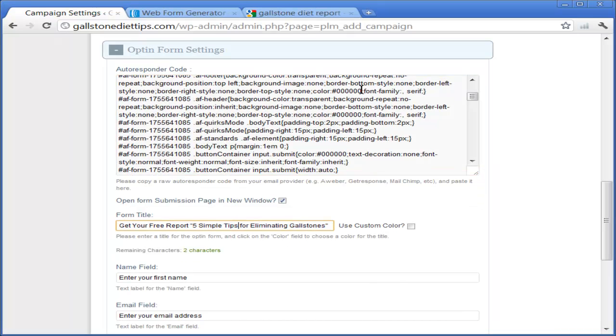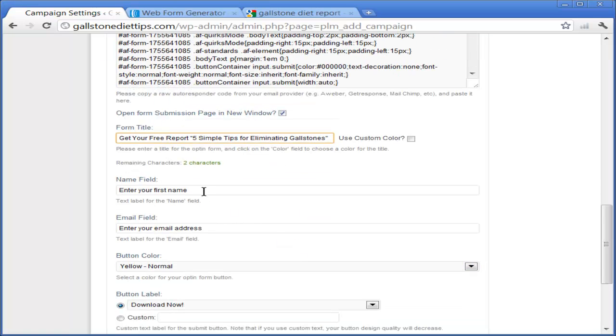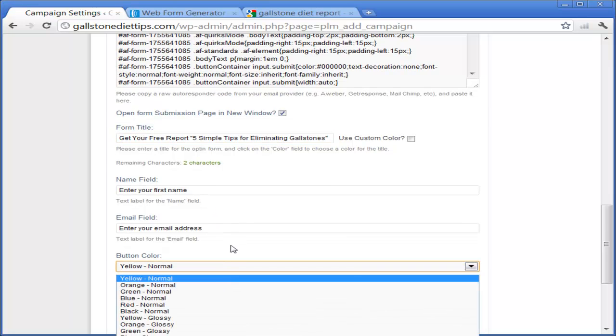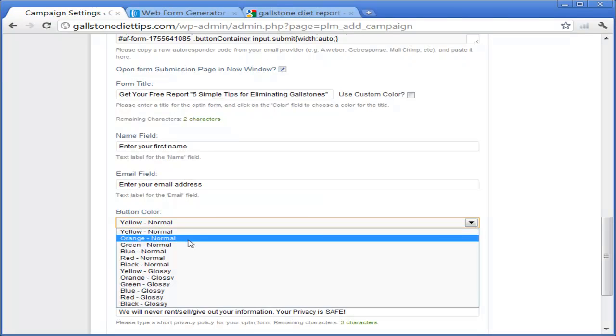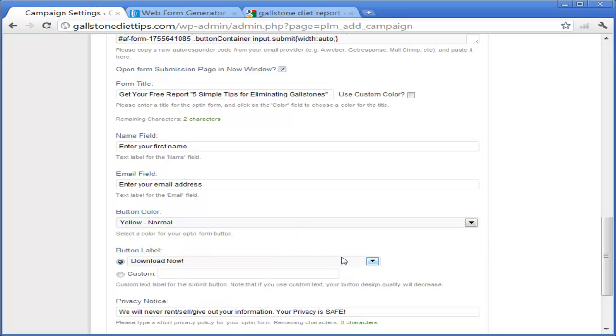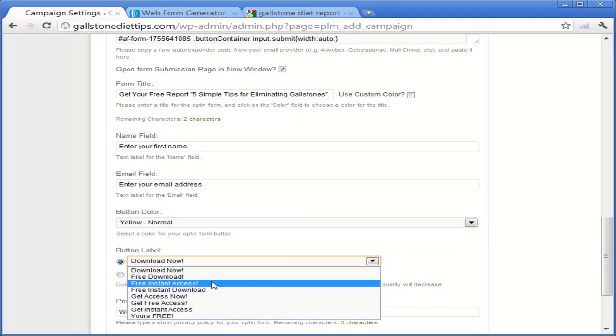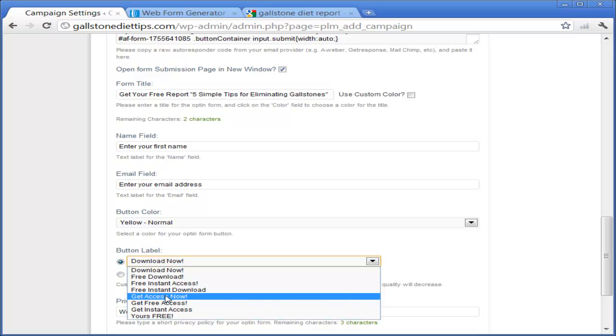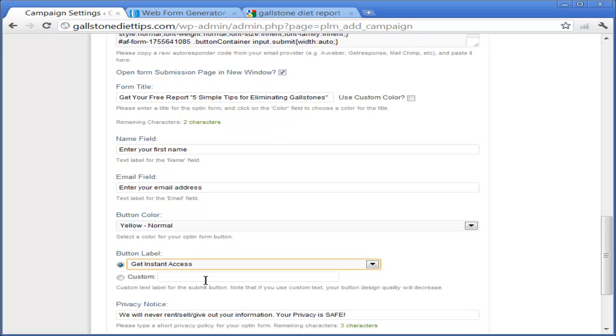Once I've pasted the raw code in, I've actually gone ahead and entered my form title, what I want that to look like: Get your free report, 5 simple tips for eliminating gallstones. So I'm going to come down here and enter the name, email address, and then I can decide what color I want the button to look like. I'm going to leave it at yellow, but I am going to change the button label. I want to have get instant access,